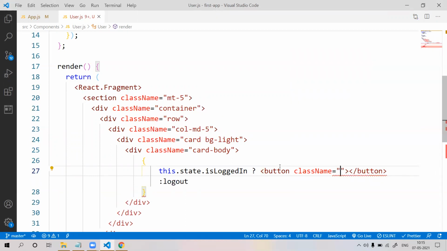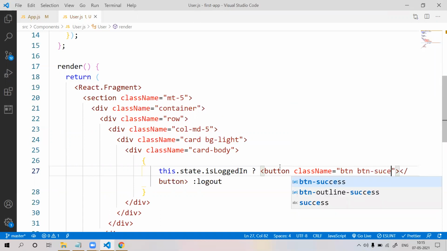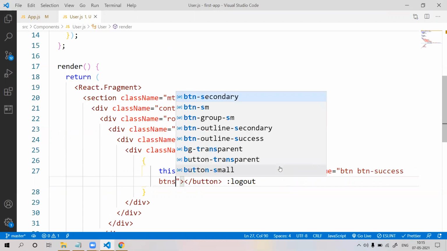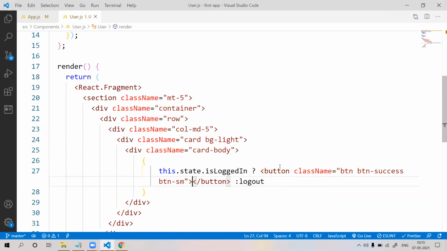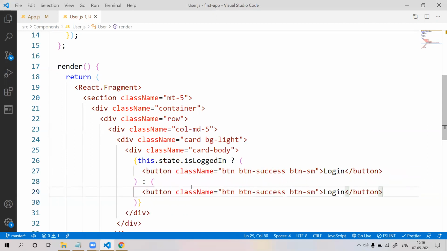We can define it like btn btn-success. Okay, btn btn-sm. This is a login button. And else we can define like here, copy this button, paste it here, Control S to save it.